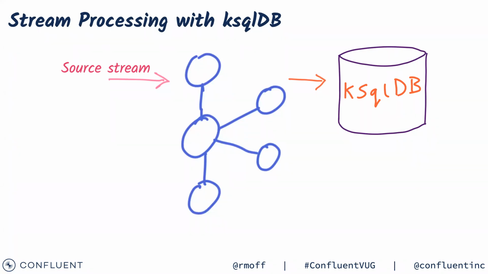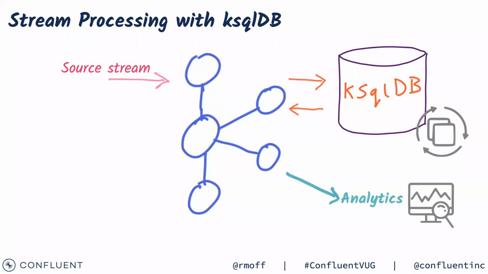So we take a source stream that comes in through a Kafka topic, and we do something to it. We say, well, we're going to filter it for this particular condition. The output of a ksqlDB statement is generally going to be another Kafka topic. So we take this particular stream and we filter it for a condition. Or we take this particular stream and we join it to another one, but the result goes back onto a Kafka topic. We could take that Kafka topic and we can process it further. So you can easily chain your transformations. But we might say, well, we've done the work that we need to, and now we take that